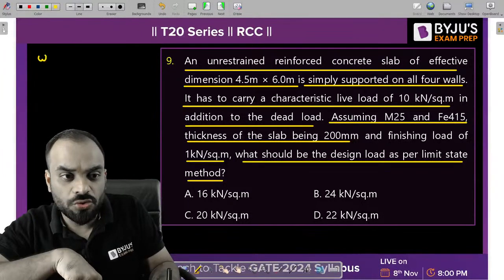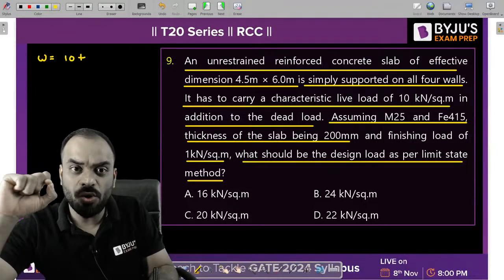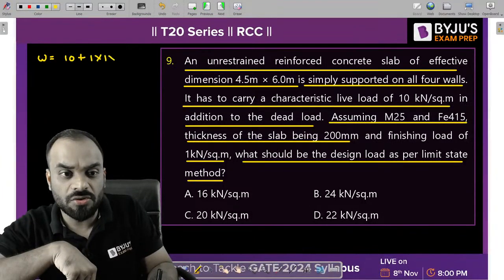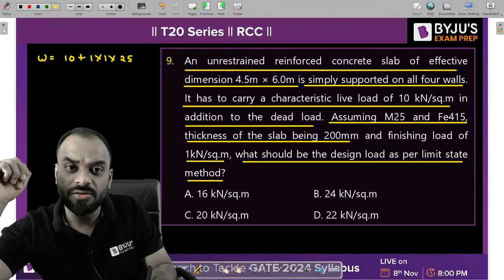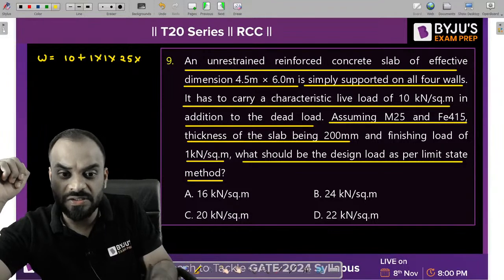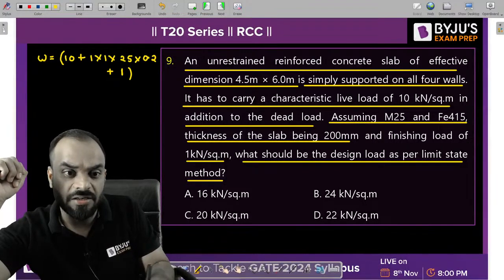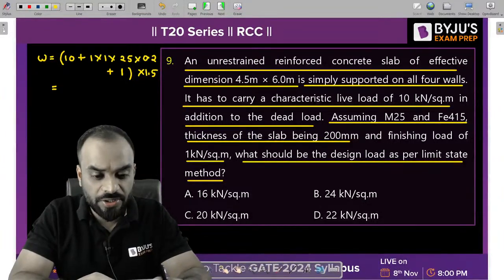So you know that, guys, how to calculate the design load. First, they have given the live load, which is 10. Now let's calculate the value of load which is due to the dead load also. So we need to consider a small area 1 cross 1, which is our square area, multiply by unit weight of concrete 25 and the thickness of slab is 0.2 meter. Then plus floor finishing value is 1 and bracket we need to multiply it by 1.5, right? So that we can calculate it in terms of design value. Okay, kindly do it.